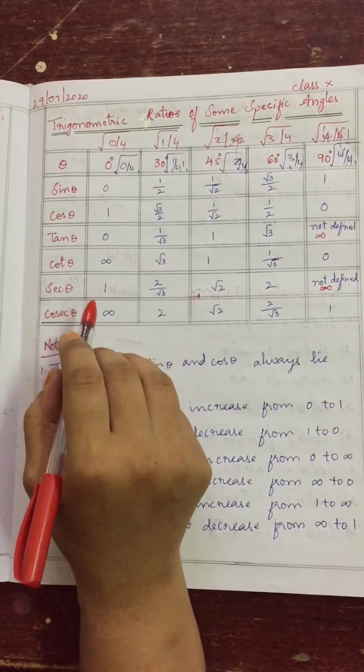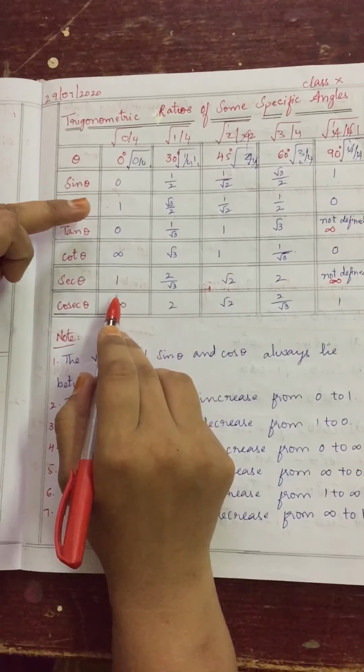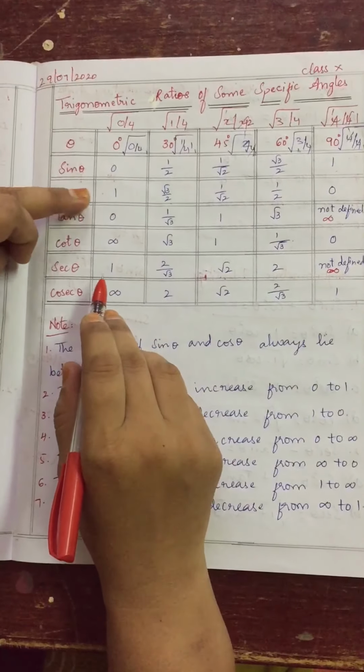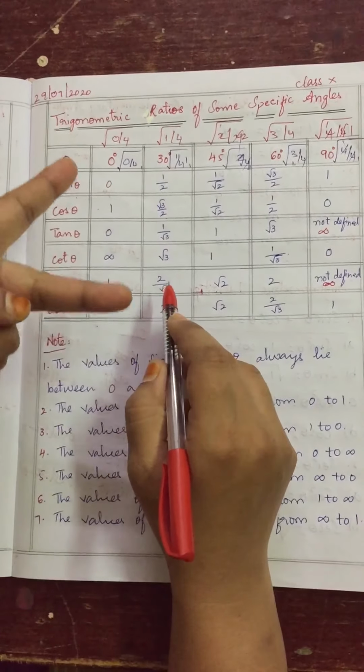Secant is nothing but 1 by cos. So the reciprocal of cos theta is nothing but secant. So we need to do that only. Reciprocal is nothing but 1 by whatever number is there. So for cos 0, 1 by 1 is 1 only. Then 1 by root 3 by 2, that is nothing but the reverse,